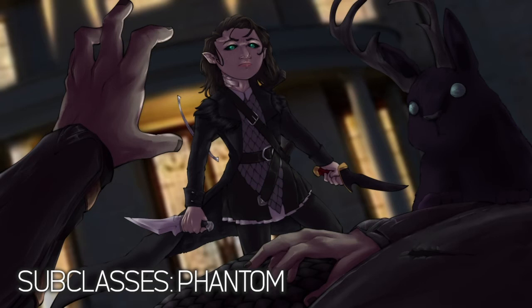When it comes to aligning with casters, Phantom Rogues are usually a spectral spy who keeps tabs on their enemies, and when it comes to martial warriors, they are the blade in the dark that aids them in cutting down their adventurous heroic prey. Next, the Scout Rogue is a master of kiting and outmaneuvering their foes, a tricky, light-footed